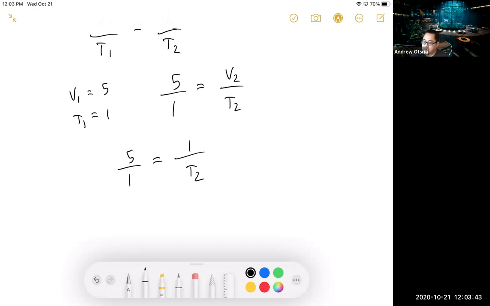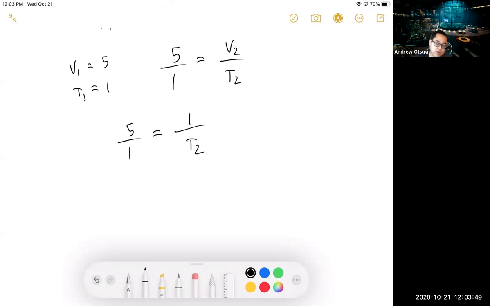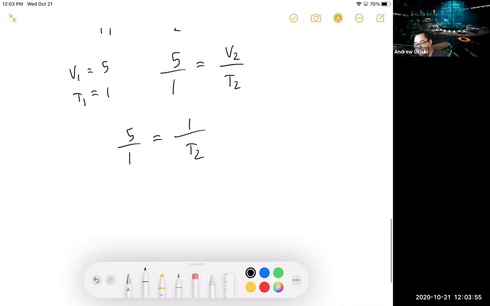So now we need to solve for T2. What must T2 be to satisfy this equation, right? Since we have 5 over 1, then we decrease the volume, now it's 1 on the numerator. So now T2 must